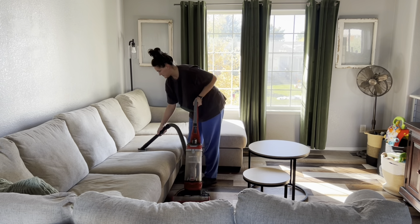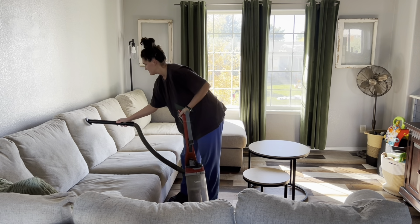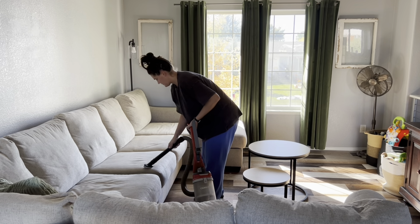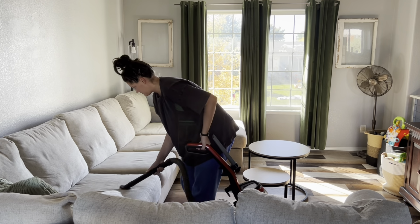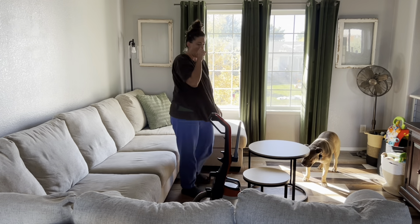We are actually having guests just over to our house the next day just for funsies, and then we also have family coming into town in the next couple of days. So I was kind of doing a deeper clean for multiple reasons. We're about to have a bunch of guests, and that's the time that you like to deep clean and have everybody feel nice and fresh and comfortable when they come into your house, especially also because normally,